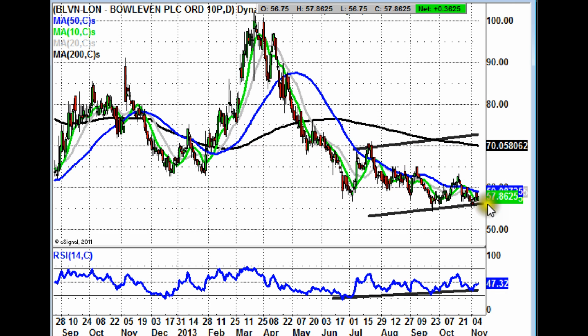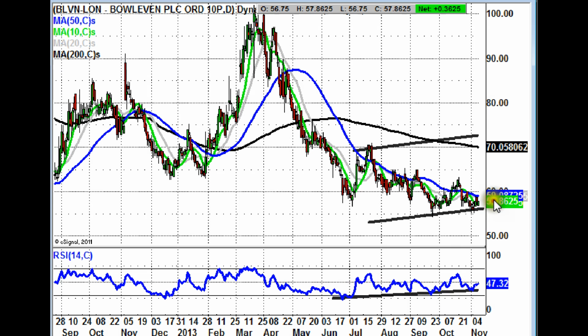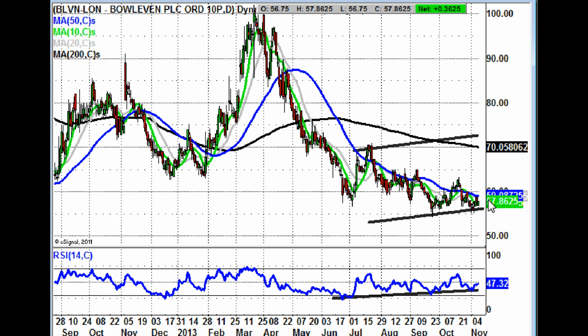But I think it's probably worth at least having the shares on your radar as a potential bottom fish situation. There is a rising June RSI support line running through around the 35 level, and we also have the backing of a mildly rising trend channel from July around the 55, 56 pence level at the moment. Probably the easiest way here is to wait for a weekly close above last month's resistance, which was around 63 pence. You could go for a break back above the 50-day moving average at 60 pence as your entry point,